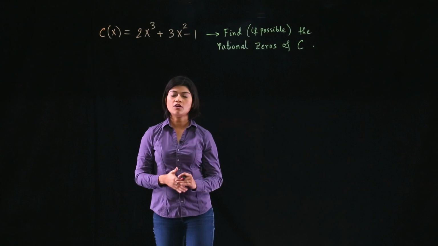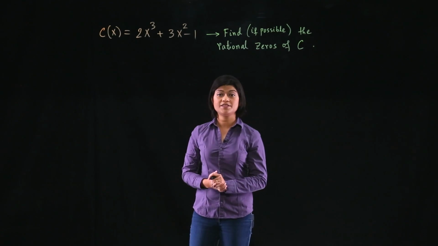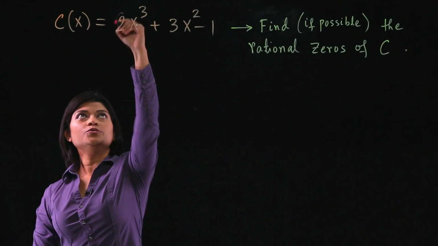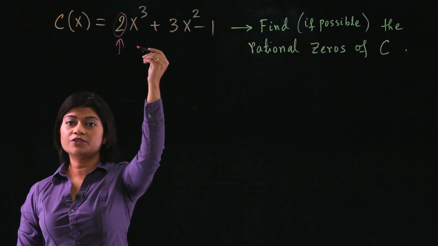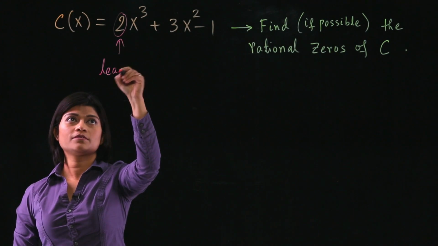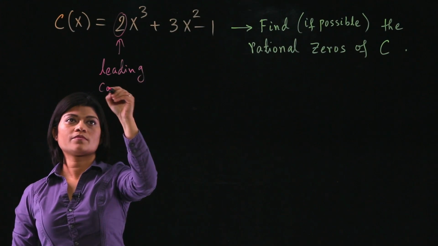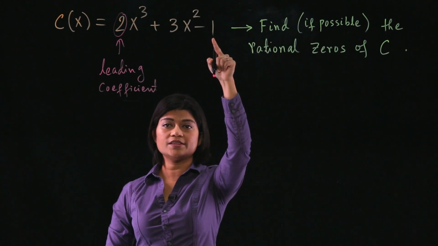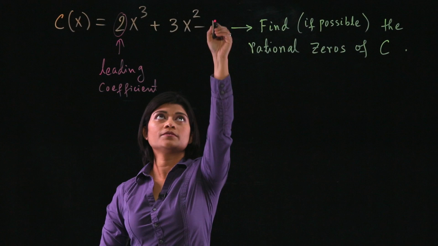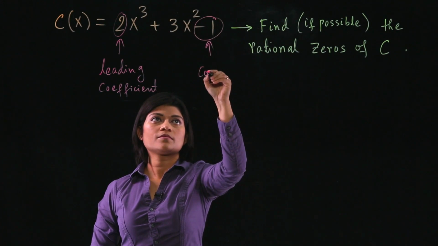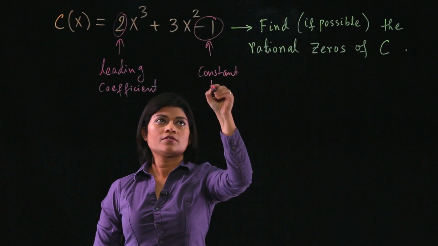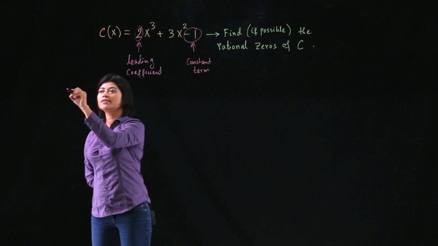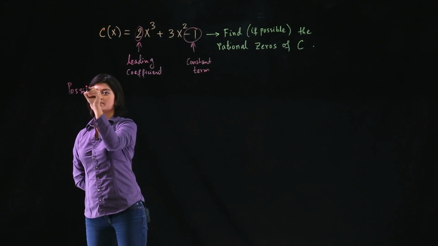In this problem, we have the function c of x equals 2x cubed plus 3x squared minus 1. We have to find all possible rational zeros of this function. Notice that 2 is the leading coefficient of this function, and the constant term is negative 1. Using those two numbers, we can say that the possible rational zeros